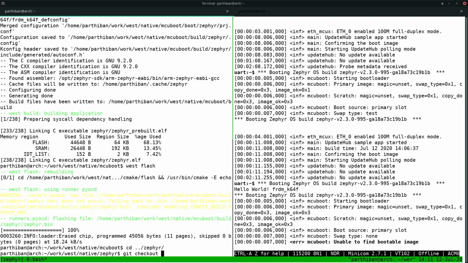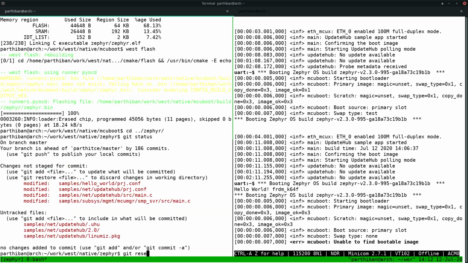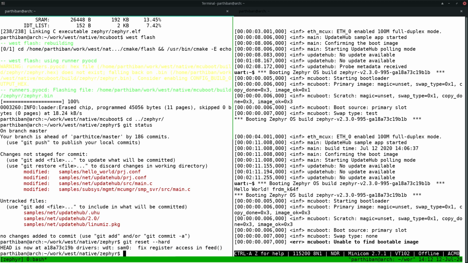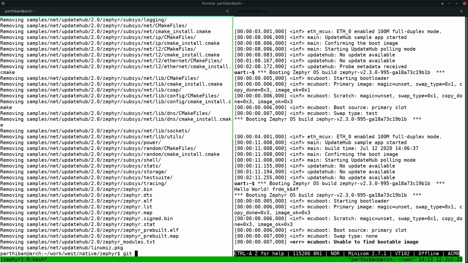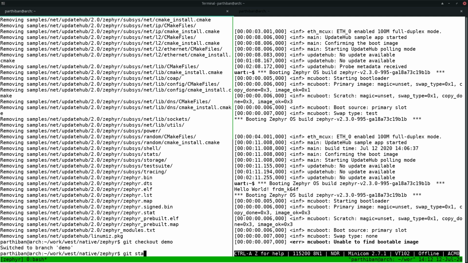And I'm gonna jump into my repository, just clean these changes right now, and I'm gonna check out into demos,